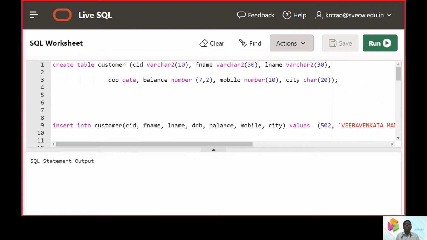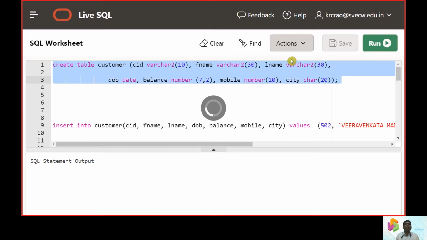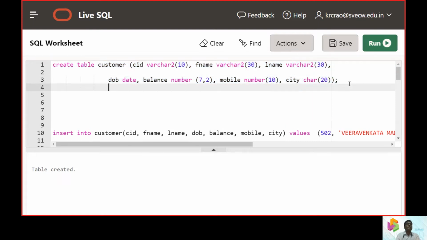So now we are going to create a table called customer. Whatever fields we discussed earlier, that is CID, all the fields are related. So just see whether the fields, the schema, how the table was done.